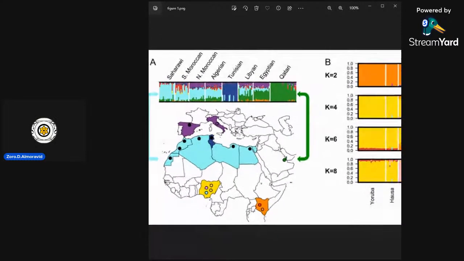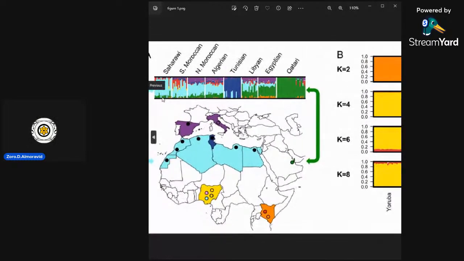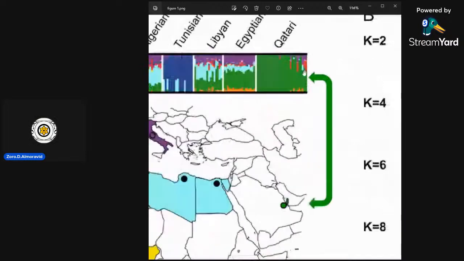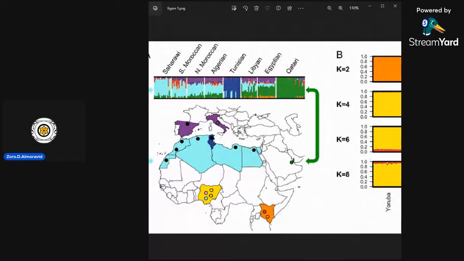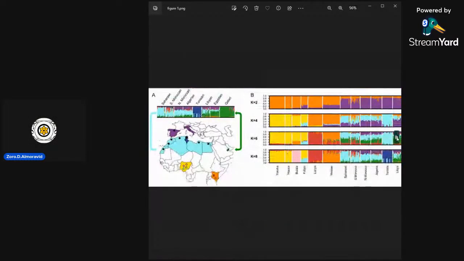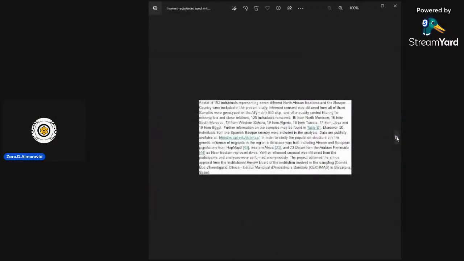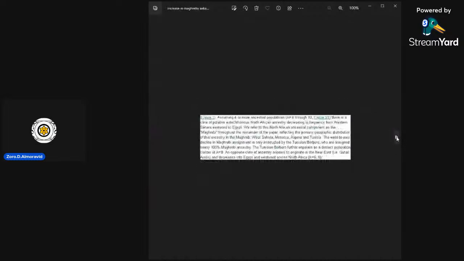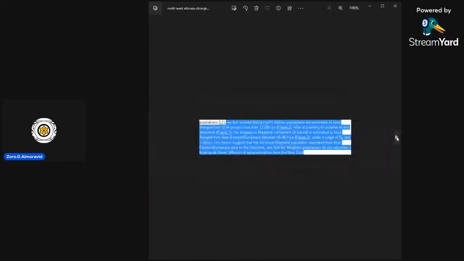Of course, as you can see, the markers from the east in the west are more than the markers from the west in the east. And that has two reasons. The first reason is the divergence of the Northern African populations from the OOA groups.